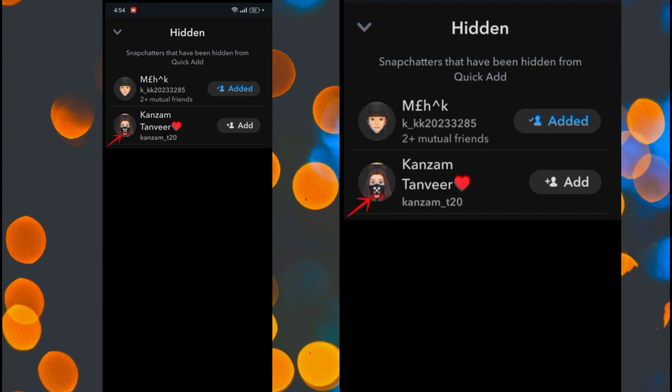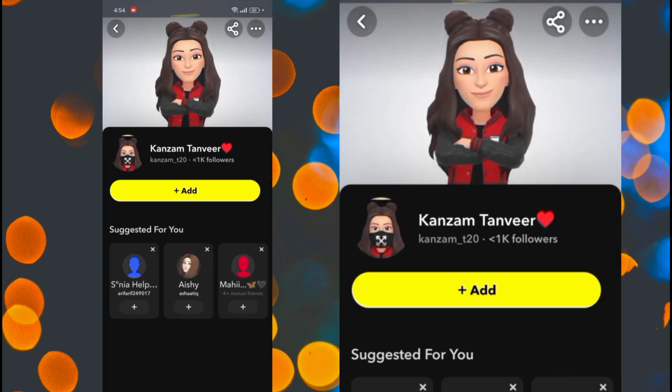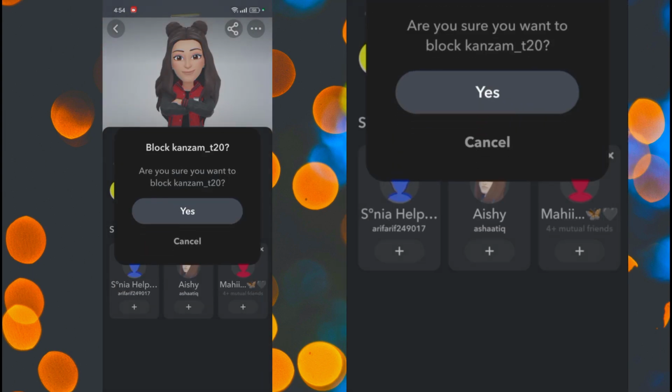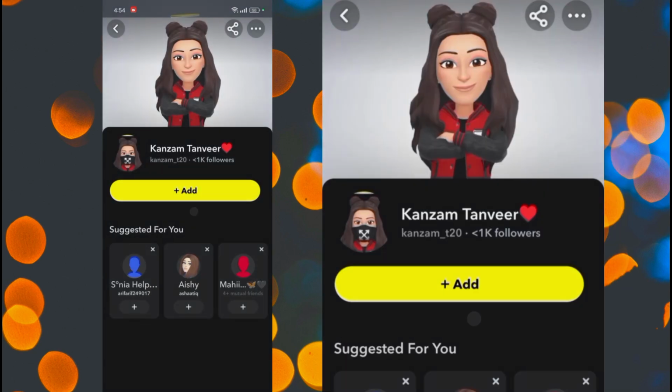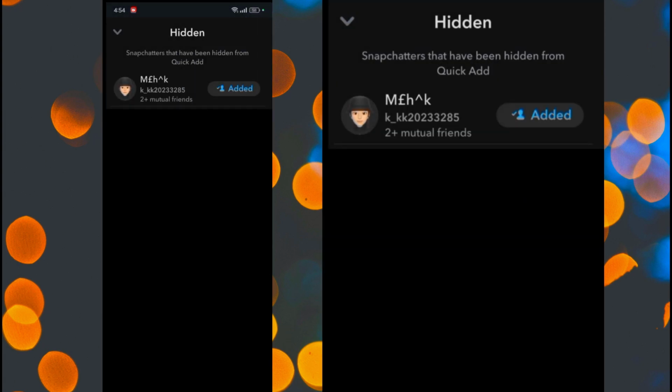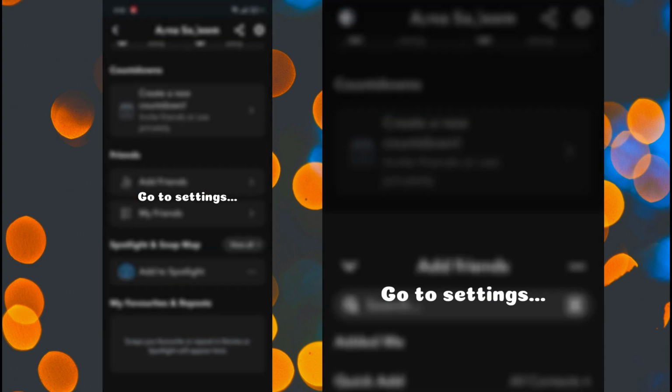You can press on their profile and then click on the three dots at the top right corner, and then you can choose to block this specific person. So, of course, you can always add them, but you can also choose to block them and then immediately unblock them. So to unblock them, just go back, tap on the gear icon at the top right, and then just